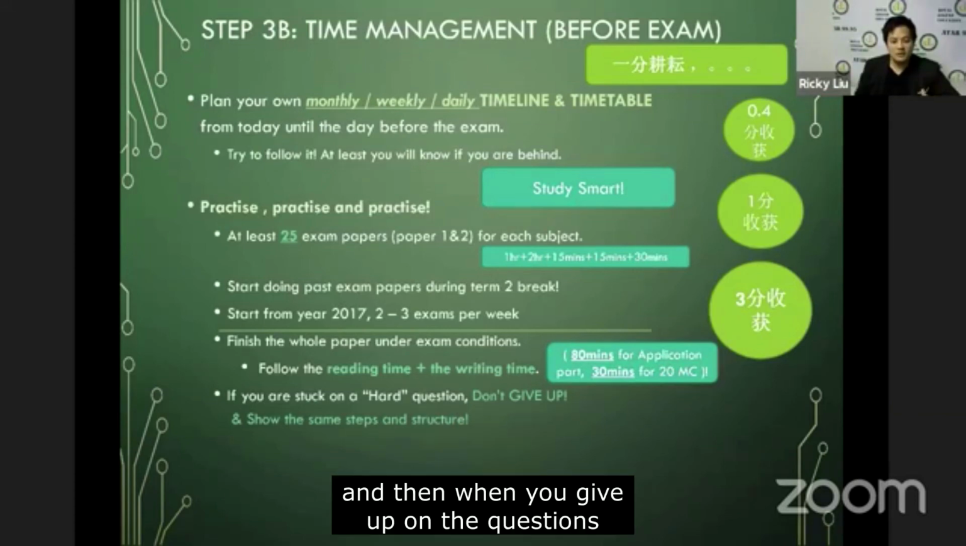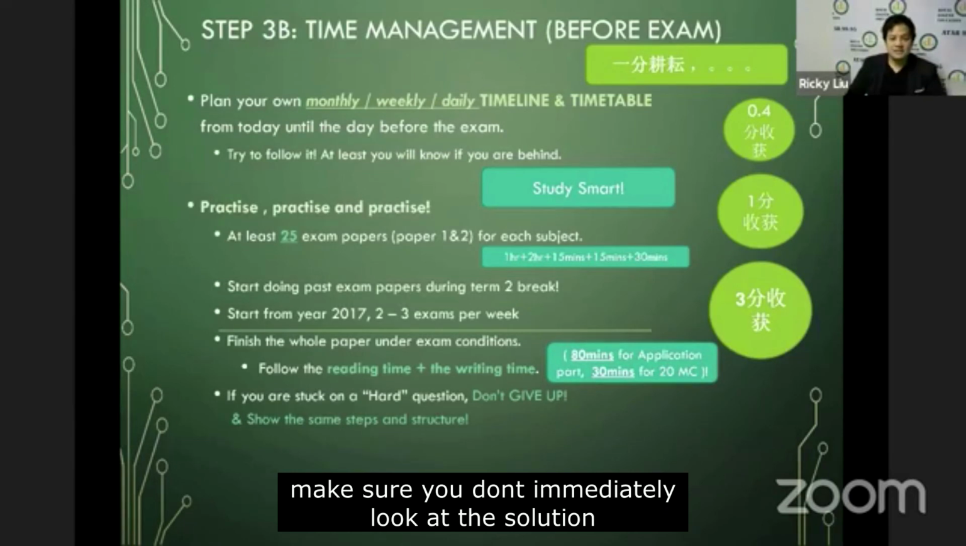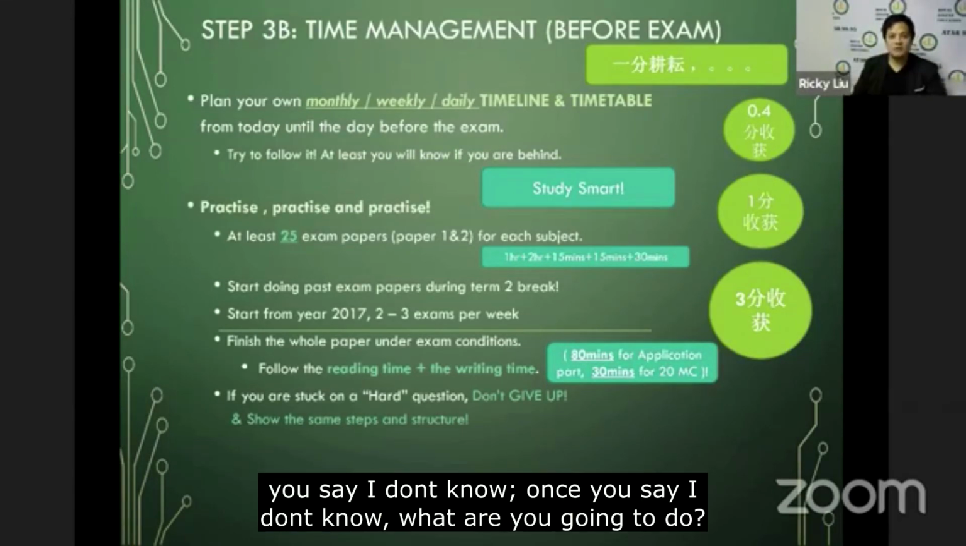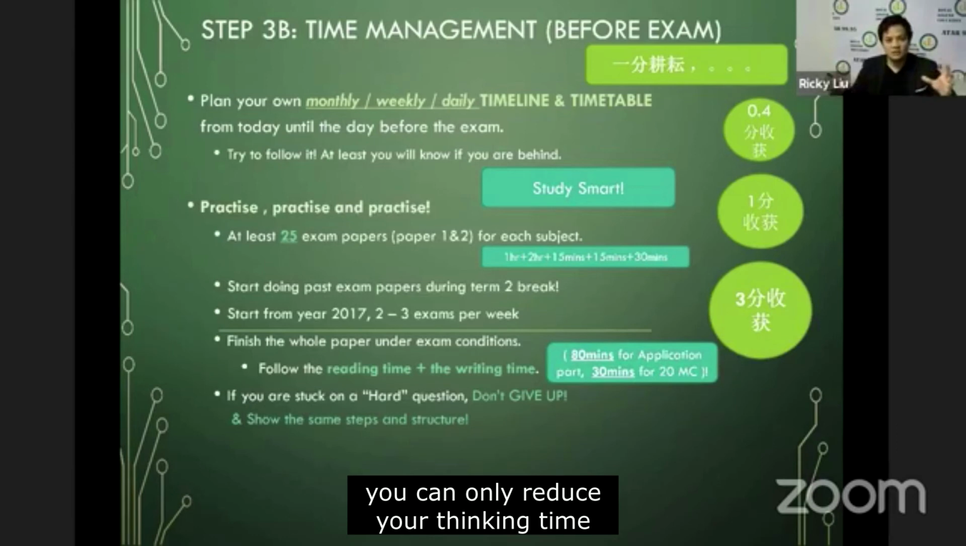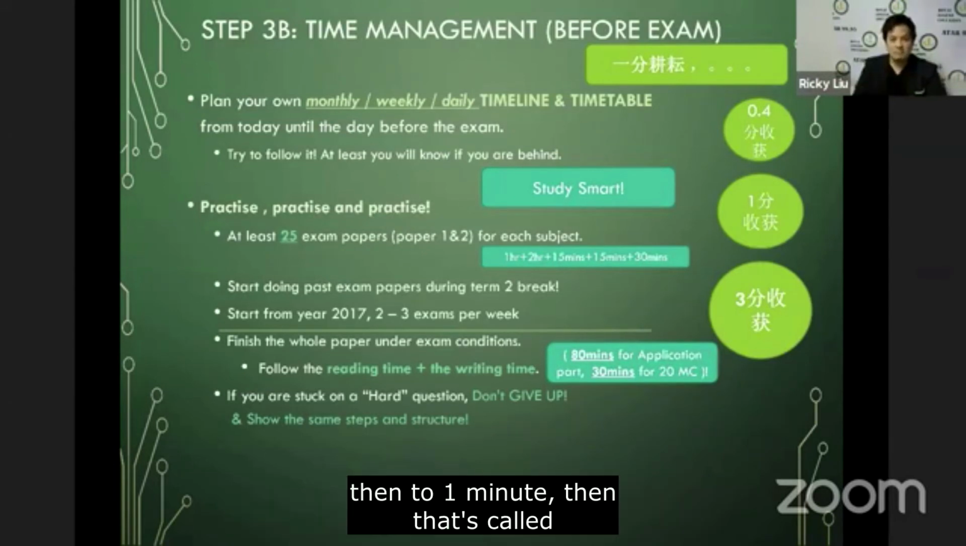And then when you give up on the questions, yeah, make sure you don't immediately look at the solution. It doesn't work, because in exam, you say, I don't know. Once you say, I don't know, what you're going to do? You need to go through several ways to think of different methods. You can only reduce your thinking time from 10 minutes on one question to 3 minutes, then to 1 minute. Then that's called